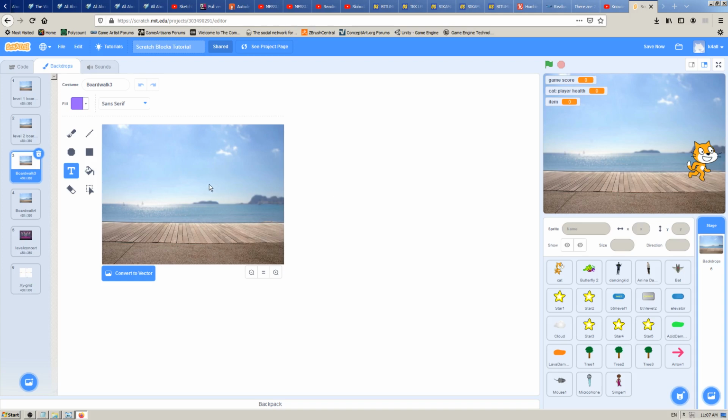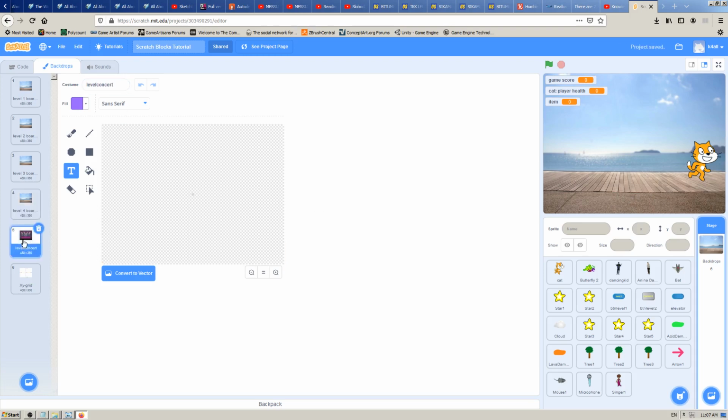So that's why I'm changing them, just to make my life easier and my programming easier. For me it makes sense to change their names to level 1, 2, 3, 4 and so on. If you don't need that, it's your choice, feel free to skip this, but I need that because of my